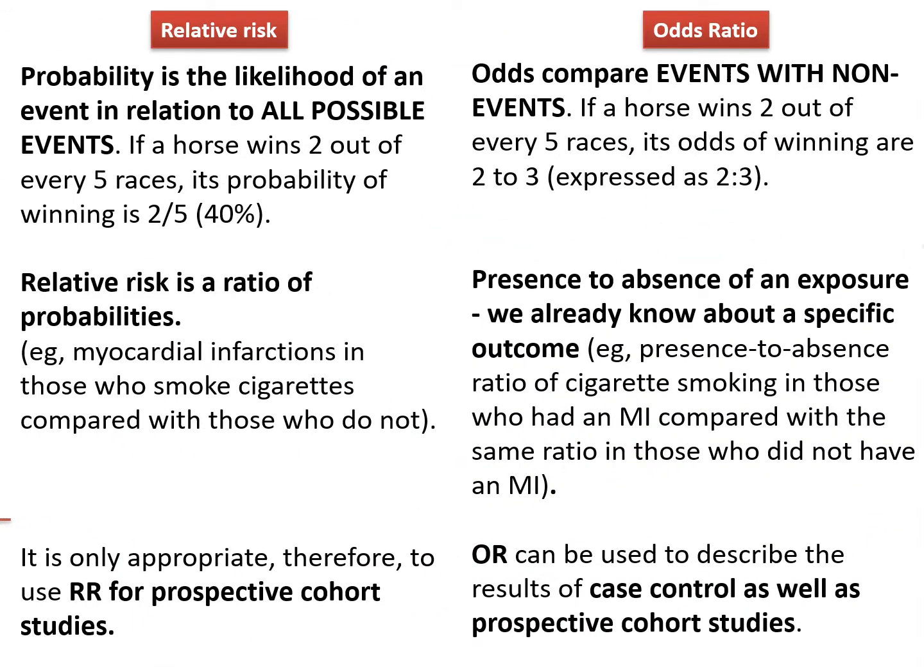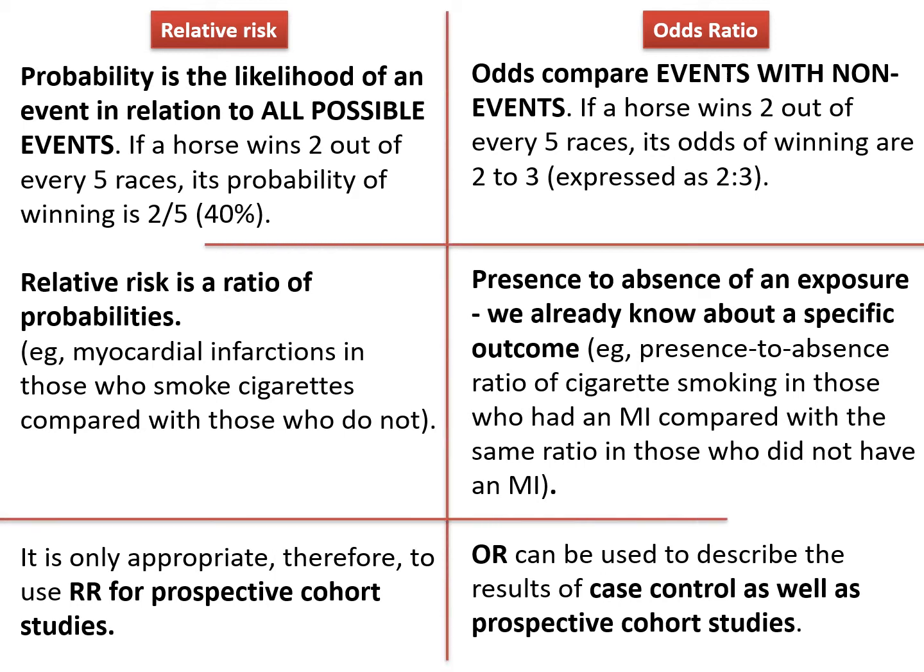Let's now break down the effect measures of relative risk and odds ratio further. I'll give you 2 examples to make this information more palatable. If a horse wins 2 out of every 5 races, its probability of winning is 2 out of 5, or 40%. In relative risk, the probability is the likelihood of an event in relation to all